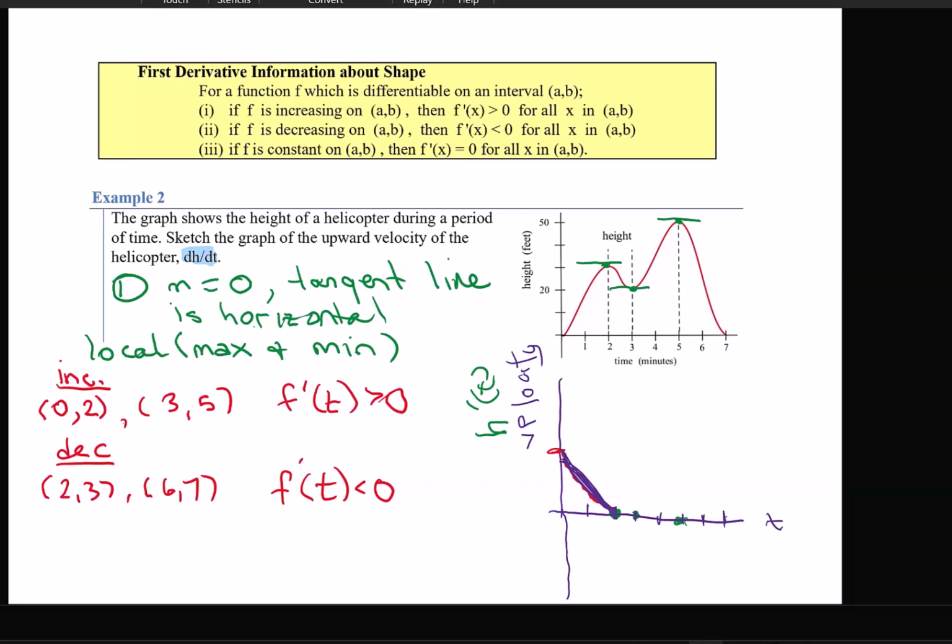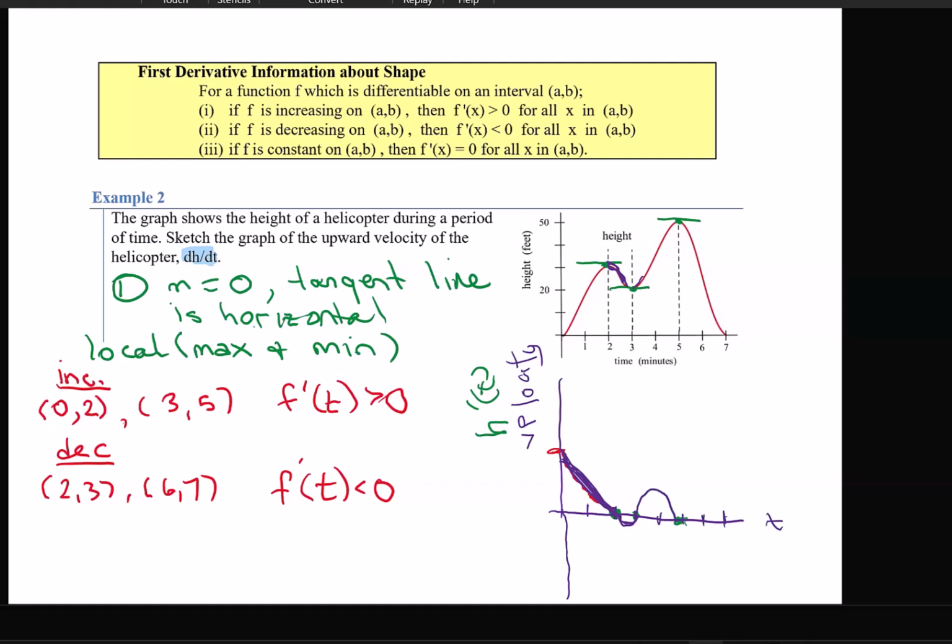From 2 to 3, it's negative, which means it's going below this line. From here to here, it's negative. So it's got to go under the x-axis or t-axis. Then it's coming back up, and it's coming up at a pretty decent pace. It gets bigger, and it comes here, it starts going up, and then it comes back to 0, because at